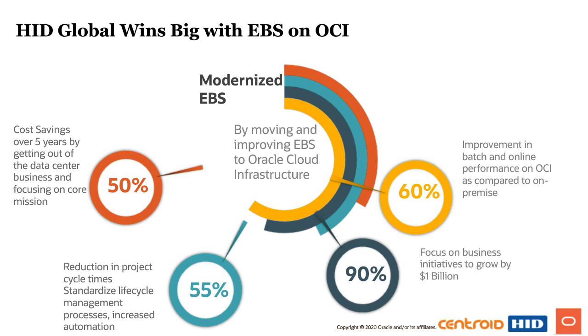At the time that we put this together, they were 90% of the way there, which is a huge initiative and a huge objective and goal that they were accomplishing by moving and getting out of the data center and focusing on their business. Getting to that subscription recurring revenue model has definitely helped, one of the big benefits for HID Global. And of course, 55%, just reducing cycle times in